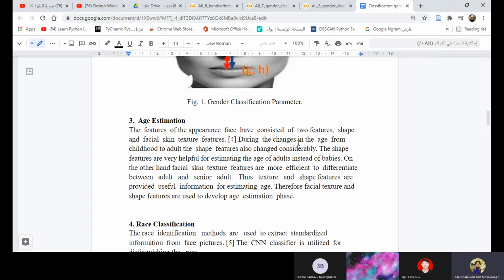These texture and shape features provide useful information for estimating age. Therefore, facial texture and shape features are used to develop age estimation.